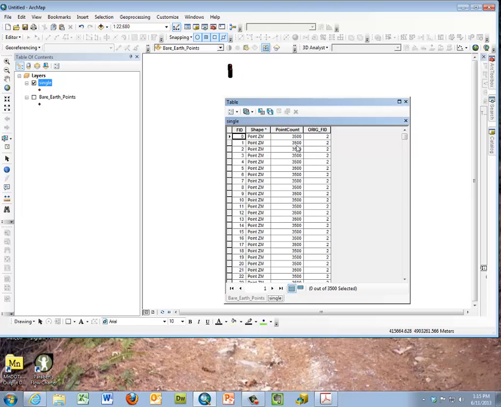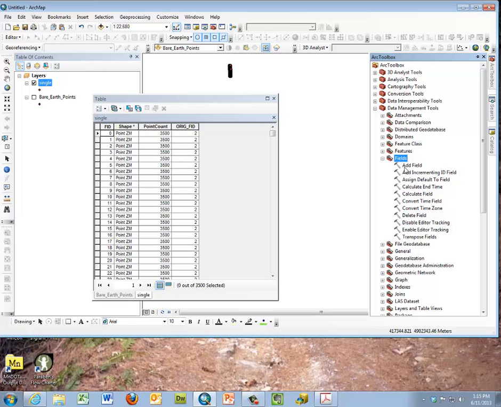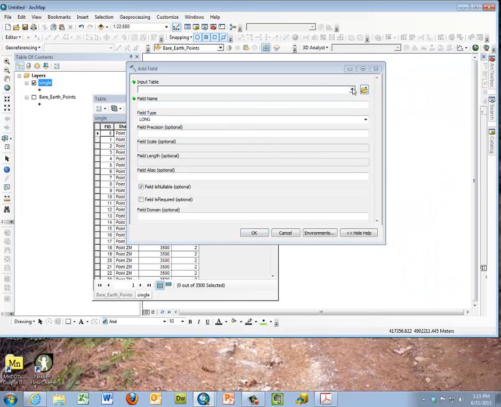Okay. Now, what we're going to do with this is we want to expose the elevation data that's within our 3,500 points. So we're going to do that by going to Data Management Fields, okay, and we're going to add a field. You can also do this by adding the field over on the table options. So we're going to add a field, and we're adding it to our single, okay, and our field name is going to be called elevation,